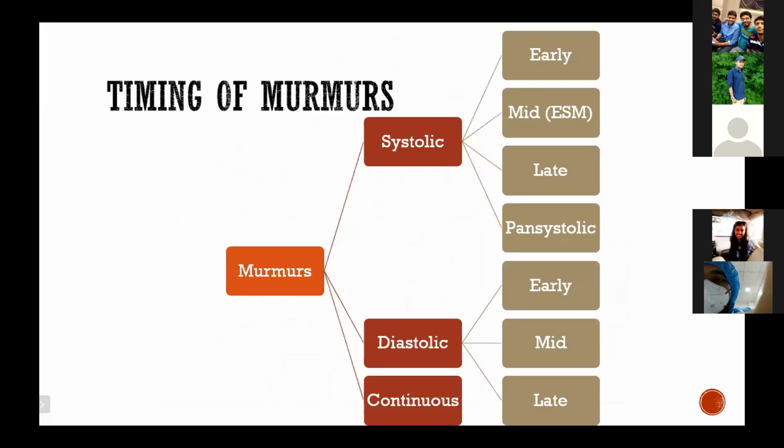So therefore, these systolic and diastolic murmurs can further be, one more thing that you need to keep in mind is that you can accurately decide if it's a systolic or a diastolic murmur only if you know which is S1 and which is S2. But sometimes it will be difficult to figure out which is S1 and S2. So in these conditions, what you can do is simultaneously palpate the carotid.